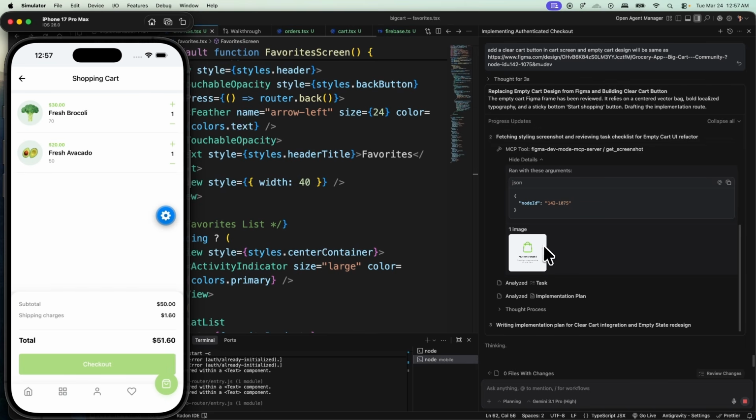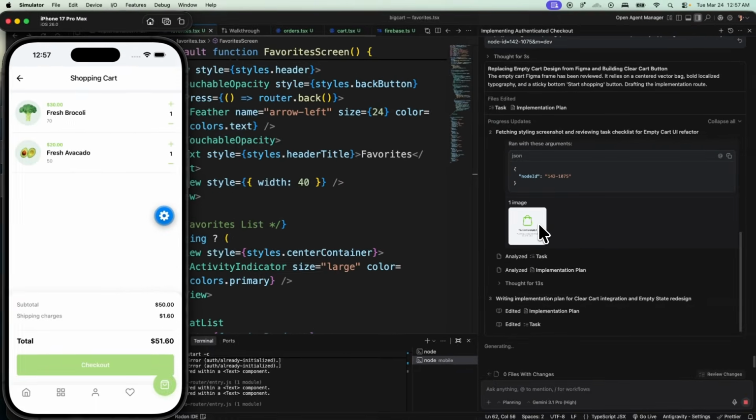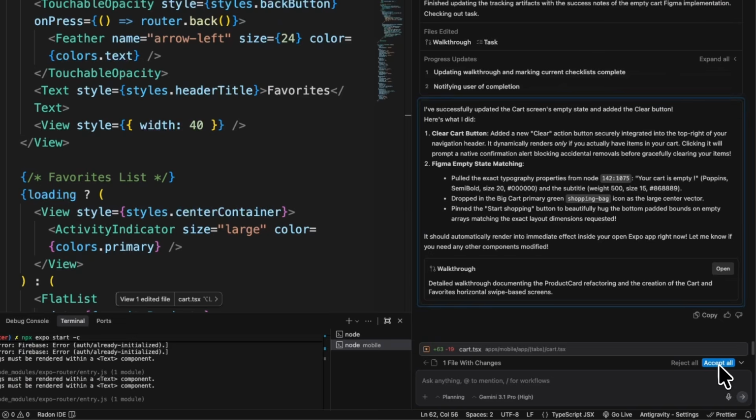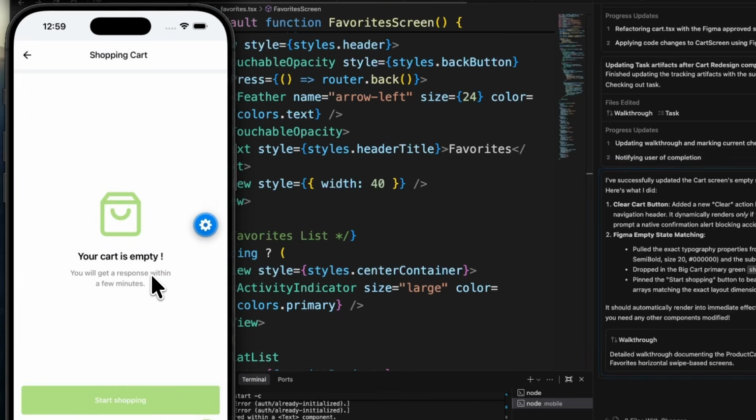So we'll wait for it to create the implementation for the clear cart, and after clear cart, we will see how far it can go to create our empty cart screen. So as it said, it did that. Let us go directly here. Let us see the clear button here. If we clear all, you see,